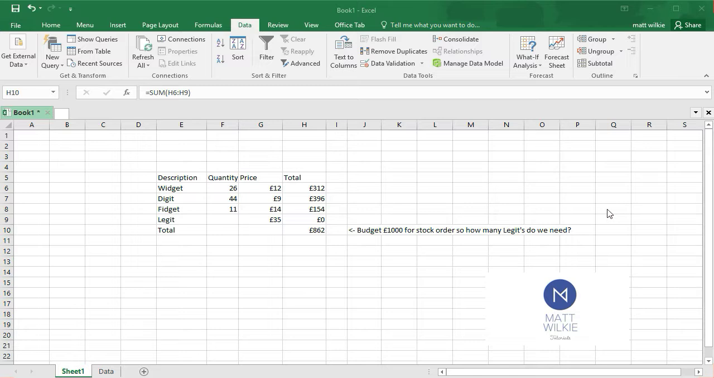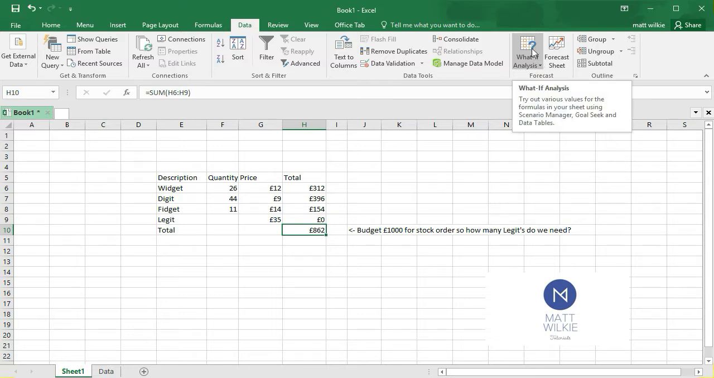Next one is goal seek. As you can see here, we have a little stock ordering. Got a £1,000 budget. We've already had the quantities come in for these 3 types, how many we want, how much they're going to cost, and at the moment we need some more, but we don't know how many we can afford. So what we do here is we go over to data and we click on what if analysis